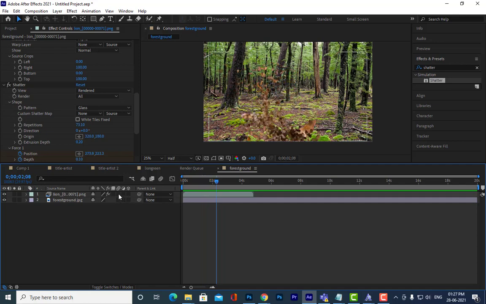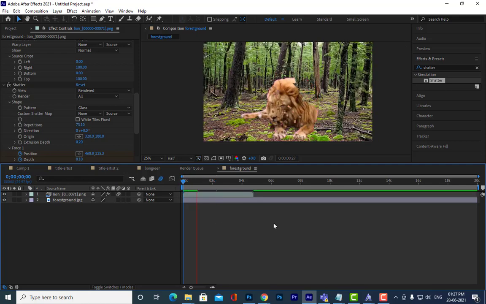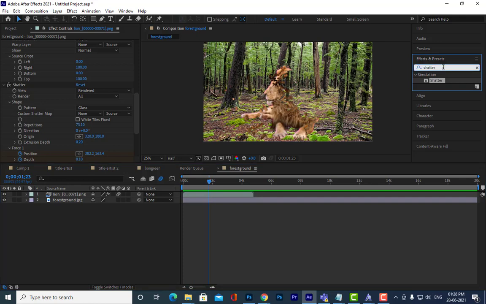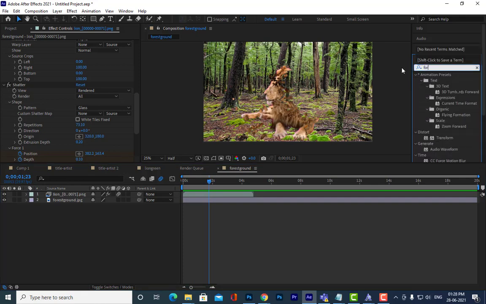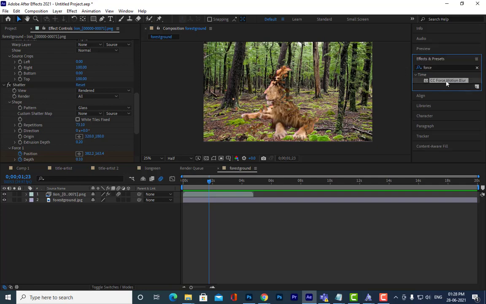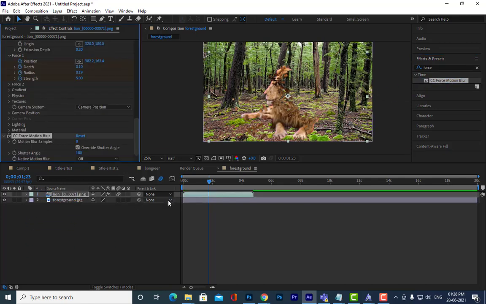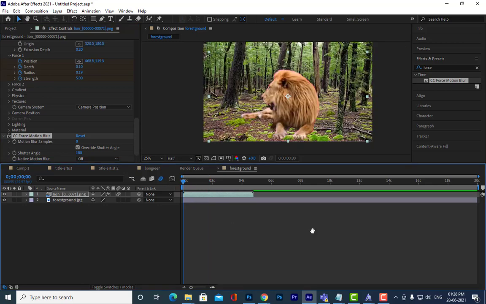So see here. Just turn on the motion blur. So it's like a fade out effect. Okay, I will show you. But it's a very heavy one. We can also do one thing. I can say force motion blur. See here. Can you all see this? Yes, sir. If you apply this, see now how it's fading. You see here, it's a very heavy one.